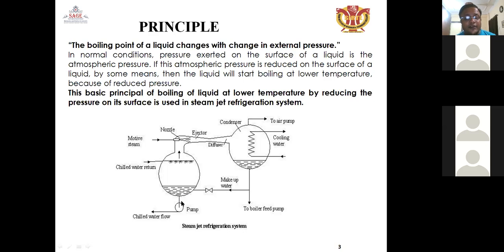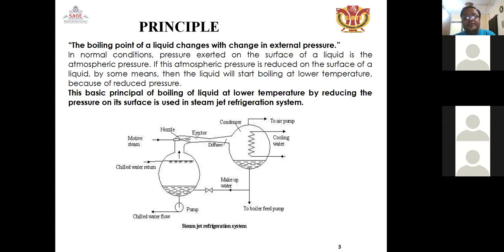So chilled water return, because the chilled water flows on this side from the collected water, and this collected water is used for the कूलिंग पर्पस. सपोज दैट यदि आपको कूलिंग करानी किसी चीज की, तो कूलिंग कराने के लिए दो तीन तरीके होते हैं. या तो किसी थर्ड पार्टी को कूल करा दीजिए जिससे आपको कूल कराना है, या तो डायरेक्टली कूलिंग करा दीजिए. यहाँ पे हमने वाटर को एज अ रेफ्रिजरेंट की तरह इस्तेमाल कर रहे हैं और उस रेफ्रिजरेंट का इस्तेमाल करते हैं स्टीम जेट रेफ्रिजरेशन सिस्टम में.